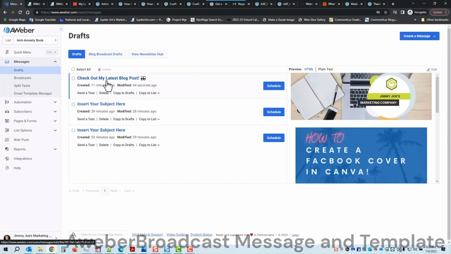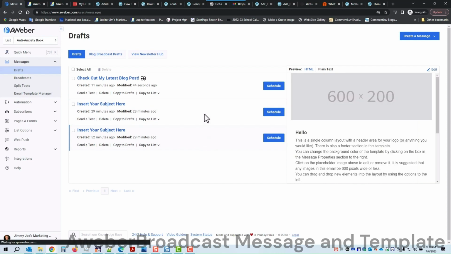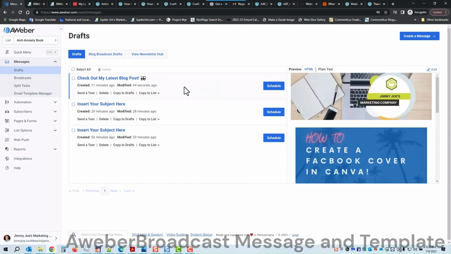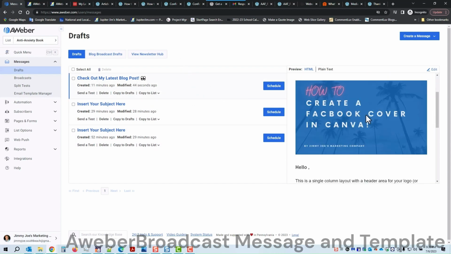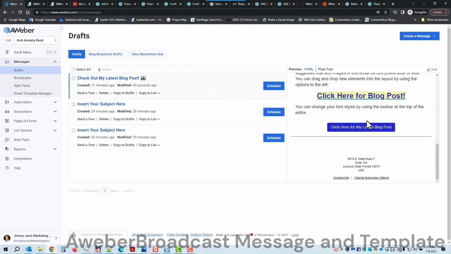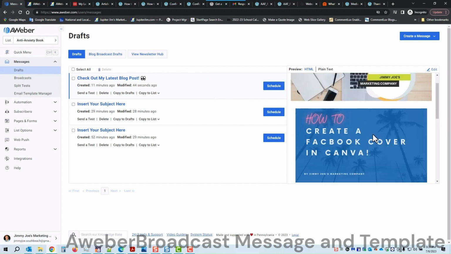There you go. Now, I don't want to keep sending out. If I click, you can see that this is highlighted, right? So click over here, it kind of becomes a little bit gray, and what's actually in the email is right here. Now, I don't want this, how to create a Facebook cover, to show up on every email that I send out regarding my latest blog post. That would make no sense, right? Okay, so let's go back to